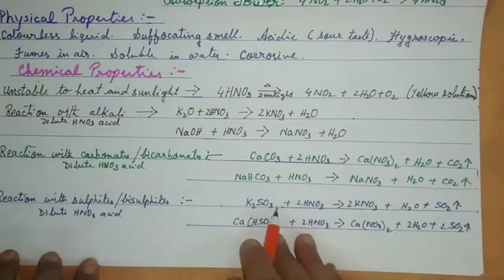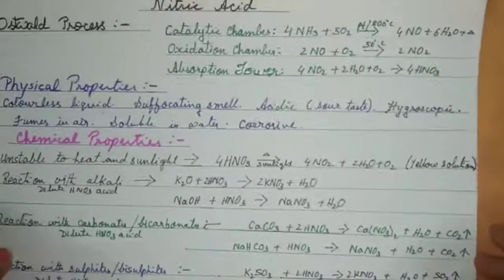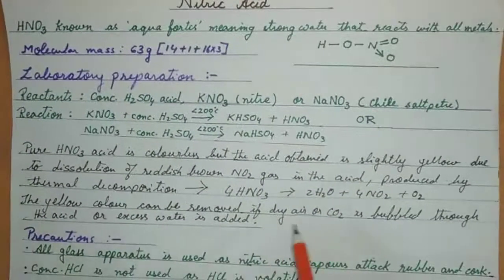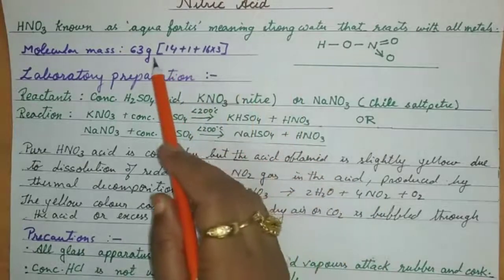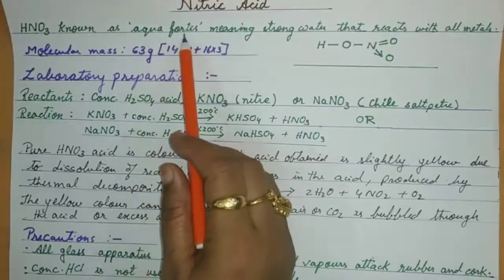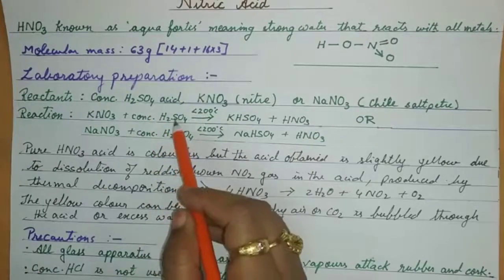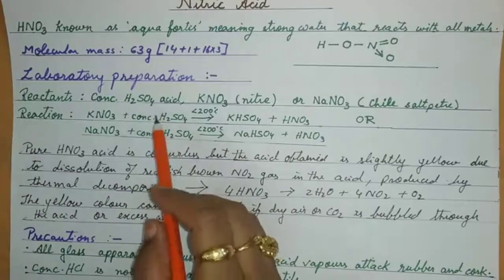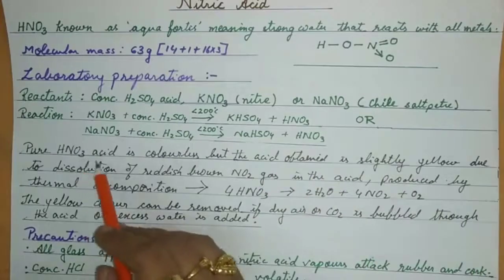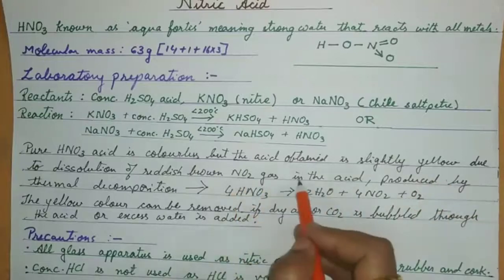So here the questions can be, if I can go back to the first slide and talk about the question pattern once again, showing you first the molecular mass, second about aqua fortis, third the reaction of laboratory preparation, any one of the two. Why don't we use conc HCl? We discussed it just now. Why is pure nitric acid, even colorless, gives a yellow look? Answer, we discussed just now.